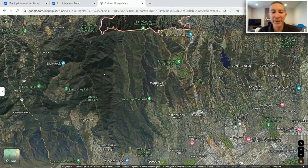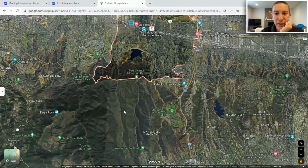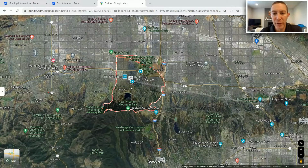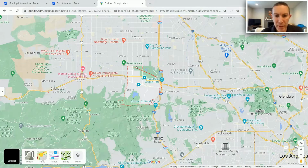It's going to take you quite a while to get there, but it is possible. You've got Topanga State Park over here, and that's a big hiking area. So there are some really cool hiking trails in the area as well. And that's another big draw for Encino and parts of the San Fernando Valley if you like to hike. So scrolling back out again, just to give you an idea of where we are, here it is, Encino